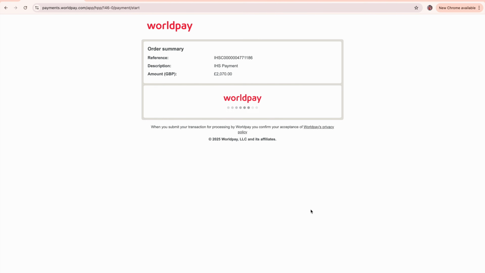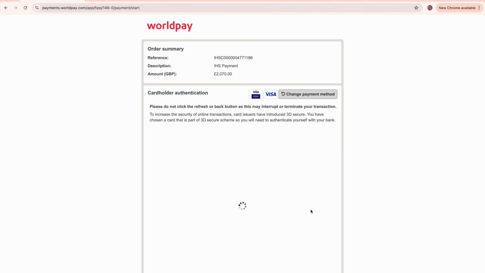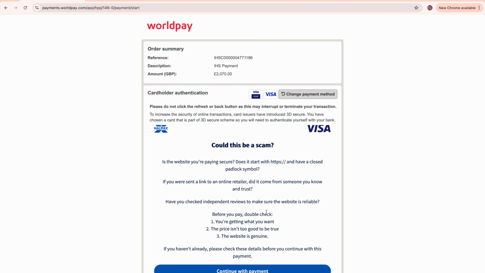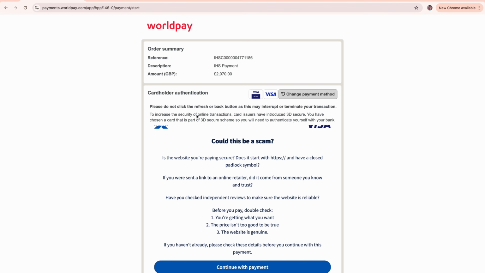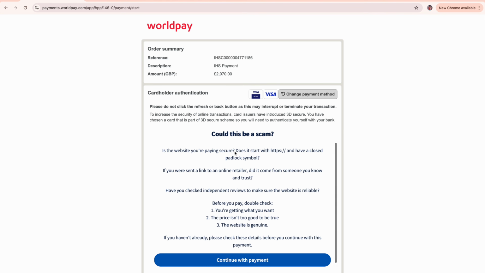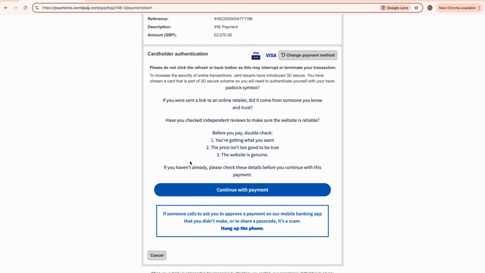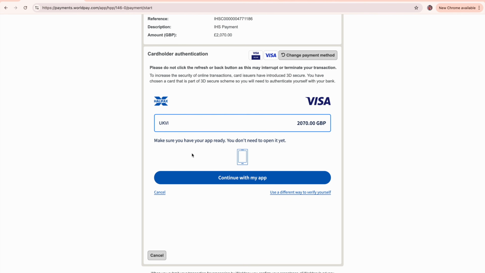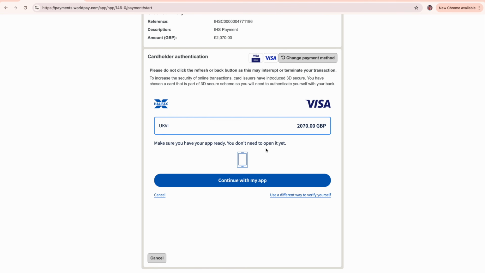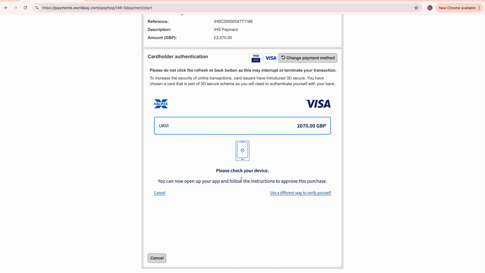Give it a few seconds to take us to the continue with payment page. Yes, everything should be fine. Take time to read this, but it should definitely be fine. Then continue with the payment. Continue with my app. Please check your device.